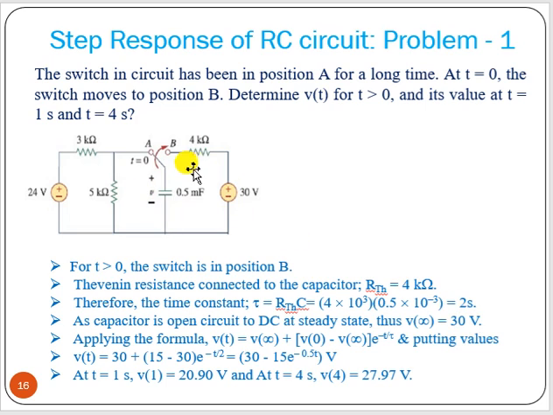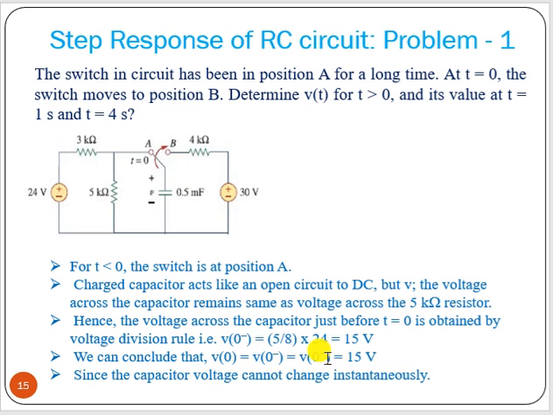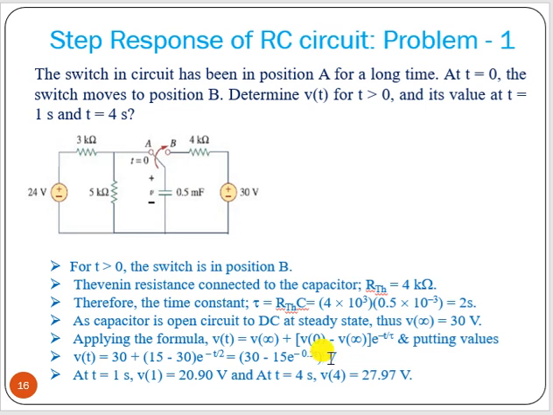Okay. And what is the tau? Only one RC is there. Tau equal to RC. So 4k, 4 into 10 to the 3, into 0.5 milli. So we get the value as 2. So what we got? We got our tau value, we got the V0 plus value, and we got the V infinity value. So we can find out Vt directly.